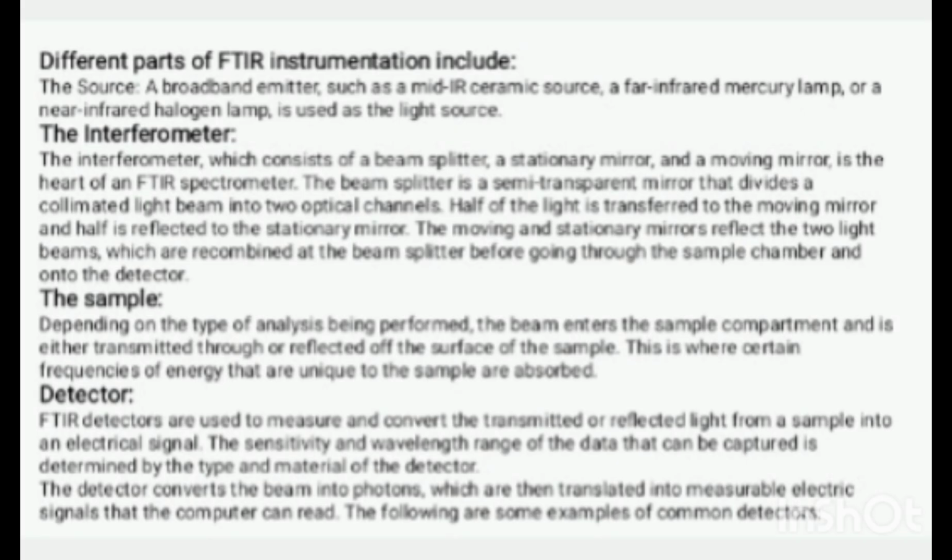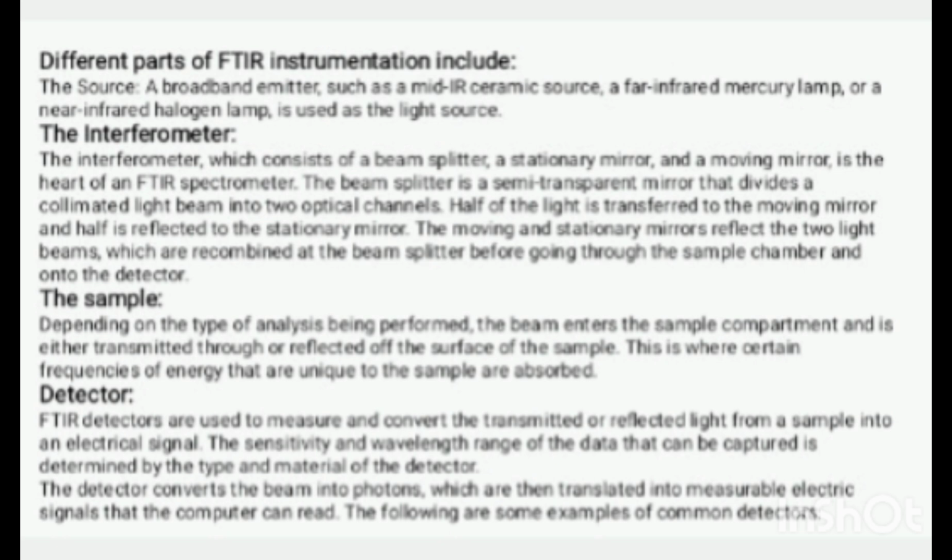Next, different parts of FTIR instrumentation include the source. A broadband emitter such as a mid-IR ceramic source, a far-infrared mercury lamp, or a near-infrared halogen lamp is used as the light source. The interferometer, which consists of a beam splitter, a stationary mirror, and a moving mirror, is the heart of an FTIR